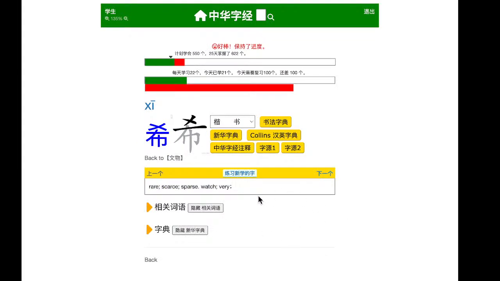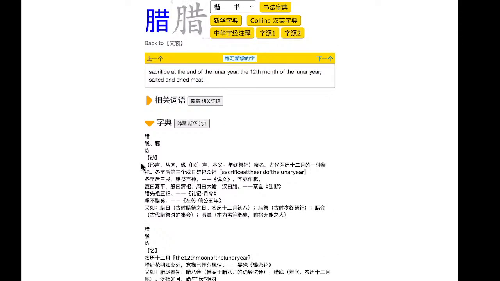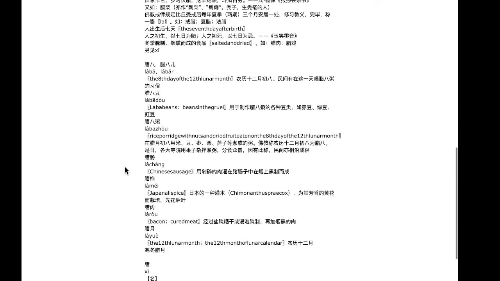腊 means rare, scarce, or sparse, or very. La is the 12th month of the lunar year, at which time sacrifices were made. It also could refer to salted and dried meat. This is, again, not super common. It's generally because this, like, laba is in the